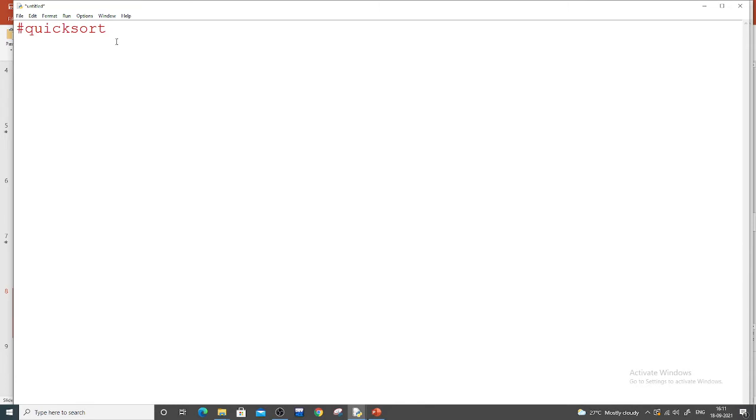Now here, initially I'll define the quicksort method, def quicksort, and I'll pass 3 parameters. First one is my array, second one is my starting position, and next one is my ending position. Because after knowing starting and ending, then I can do the work.